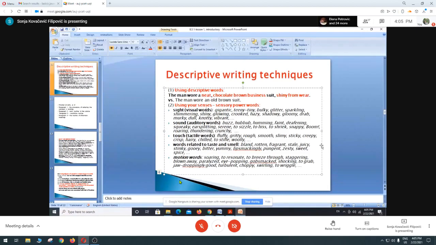Then words related to taste and smell: bland, rotten, fragrant, stale, juicy, stinky, gooey, bitter, yummy, lip-smackingly, pungent, zesty, sweet, spice, whatever. And motion words: soaring, to resonate, to breeze through, staggering, blown away, paralyzed, eye-popping, gobsmacked, shocking, to grab,